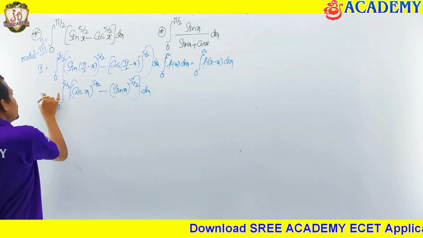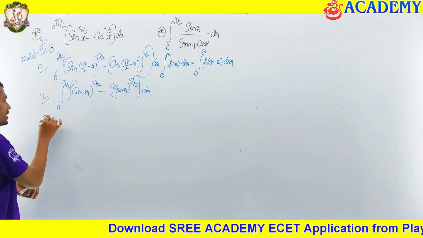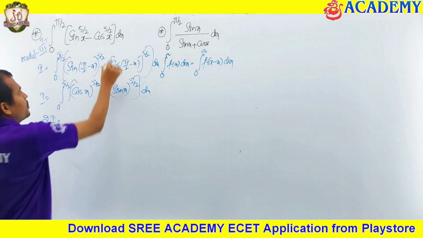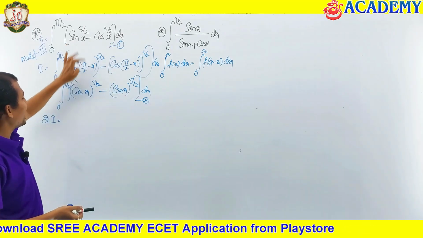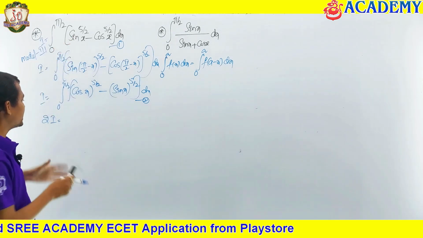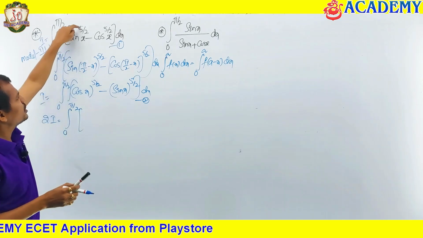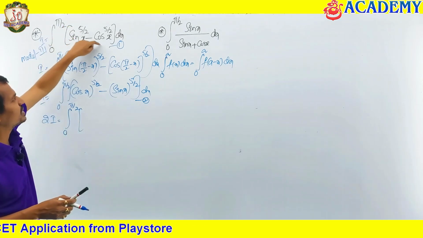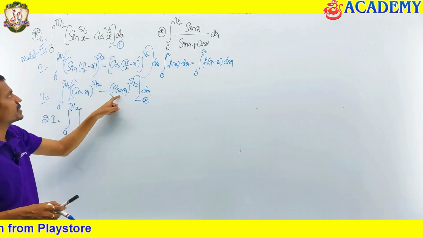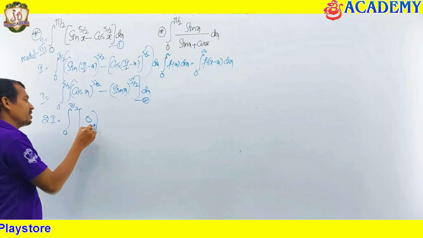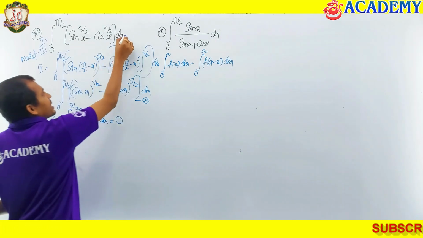If you observe, if you add these both, I am writing 2I. For suppose if I take one as 1, this as 2. If we add both, limits are going to be same, 0 to π/2. Sin to the power of π/2 x minus cos to the power of π/2 x. Here also same thing, but minus term is going to be plus, plus term is going to be minus. You are going to get 0 here. If you integrate 0, you are going to get 0. That is 2I equal to 0. Indirectly this answer is going to be